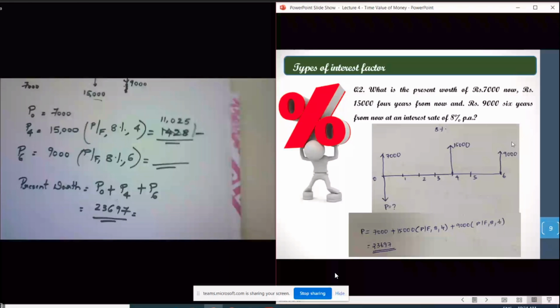Yes, I got it. Thank you. Sir, just one more thing. Why are we adding it? Because you just said we were making withdrawals, so to understand how much amount you have to put in to get 15,000 4 years from now, we have to find them individually. But why are we adding it up then? Ultimately, we should know what is the single deposit. Here we are not going to see how much deposit we have to do at regular intervals. Here we have to know the single deposit which we want to do at time 0. So that is why we are adding it. Clear? Sir, yes, clear.